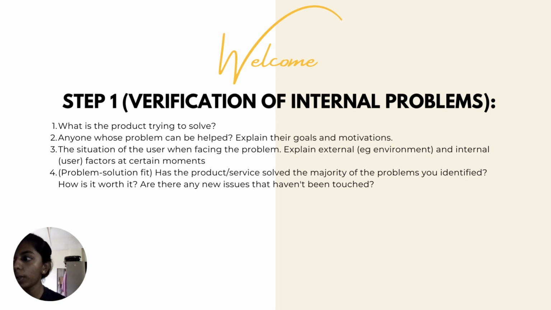Question 2 is: whose problem can be helped, and what are their goals and motivations? Which means we have identified the problems, and now we are trying to identify who we are trying to solve the problems for. Consumers and sellers will be assisted by PostFast in tracking their packages and parcels using a variety of delivery services. The application offers consistent and precise data on domestic shipments from more than 50 carriers, including J&T Express, DHL, Ninja Van, and a lot more.